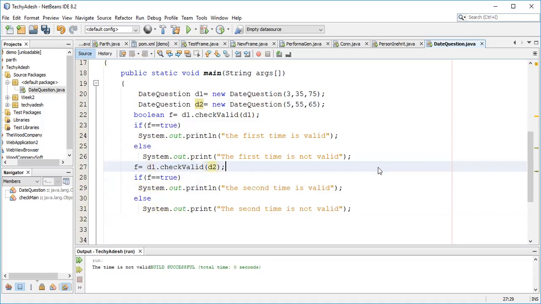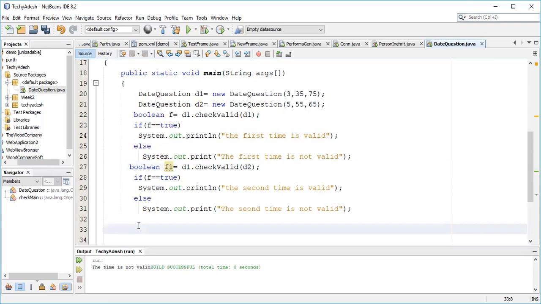If both the objects are true, it means we can say both the time formats are true. So let me take another variable, boolean f1, suppose.